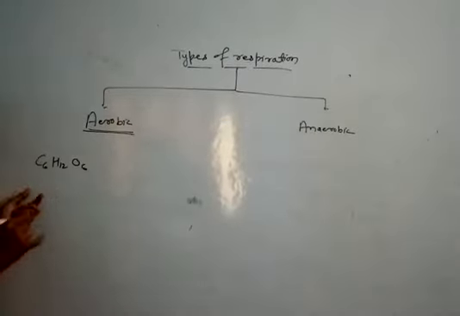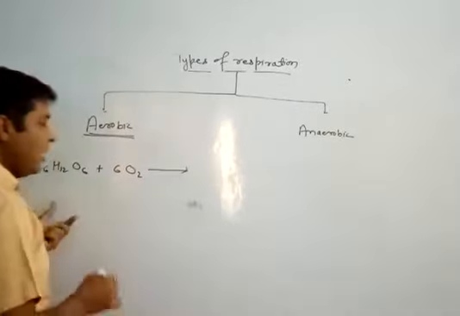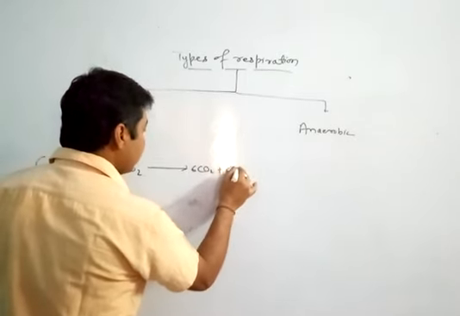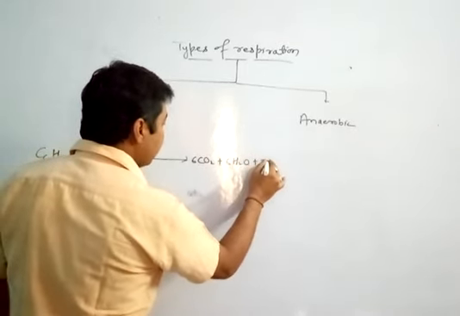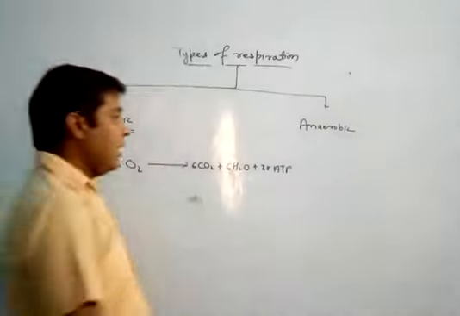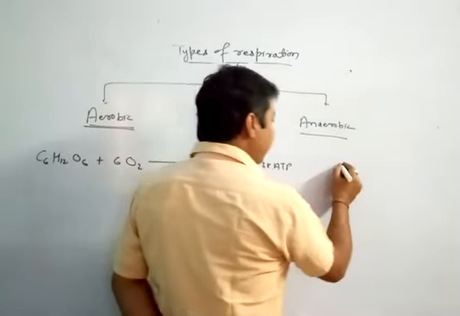So simple, we can take the example: C6H12O6. This is the glucose molecule, and in the presence of oxygen, it breaks into carbon dioxide gas, water molecule plus 30 ATP of energy. The same way, if I am talking about the anaerobic type of respiration, see the same glucose,